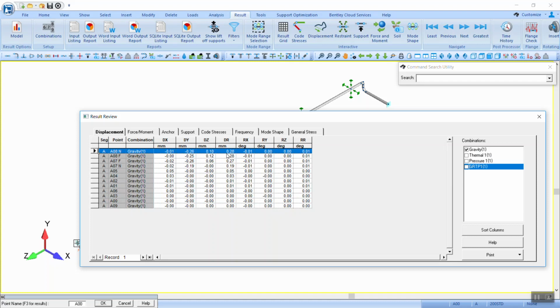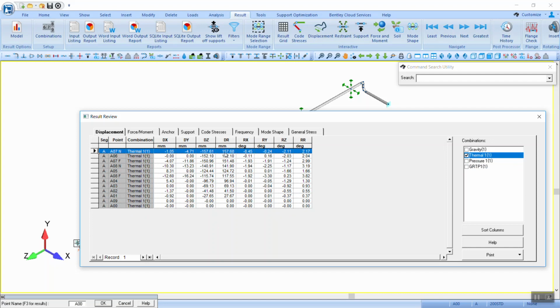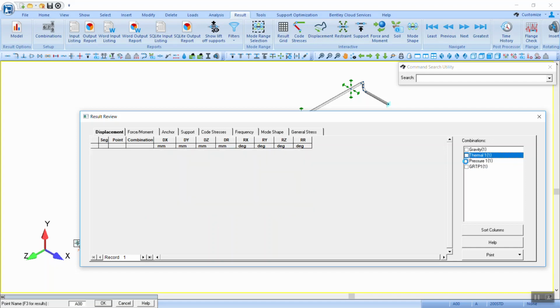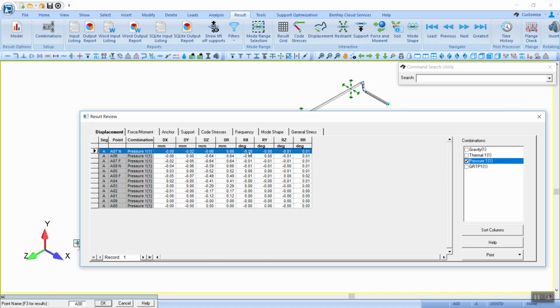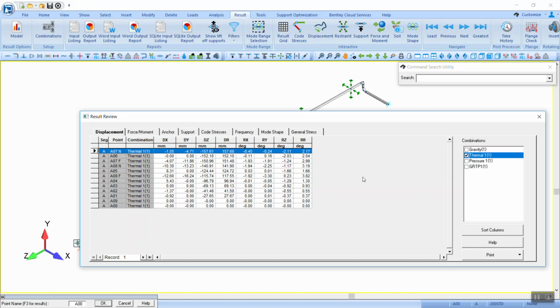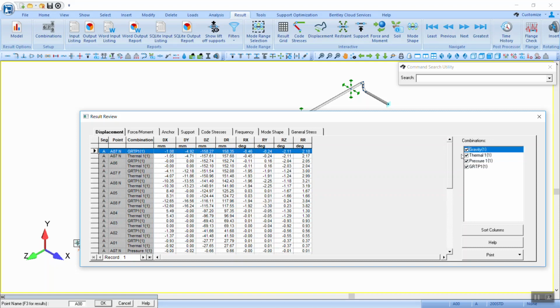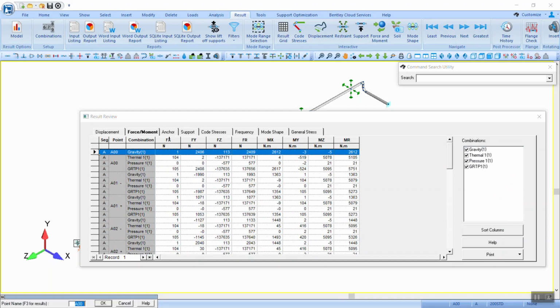So see that gravity deflection is less than a millimeter, so that's not significant. Thermal is the one that is causing all the problems. And pressure, not at all a problem. The combination is just this because of the thermal expansion, 158. So this is the load that is causing the failure. This feature is a very useful feature for filtering the displacement results. The same way we can investigate the forces,